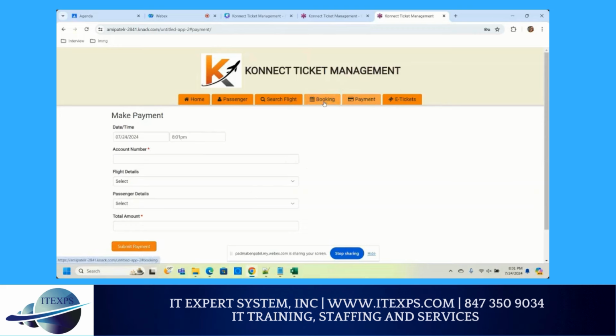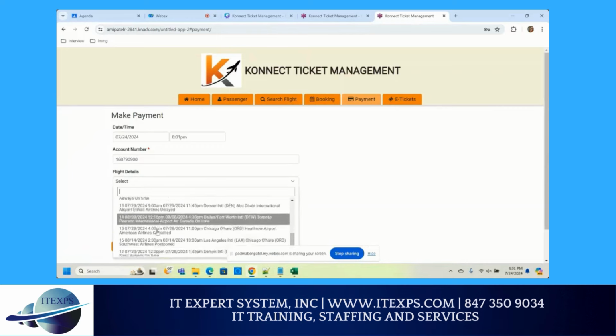If he did not select the confirmed booking, he would not have been redirected. So whoever selects the flight as confirmed gets to the payment page. Here they enter a unique account number, and they get to select their flight.